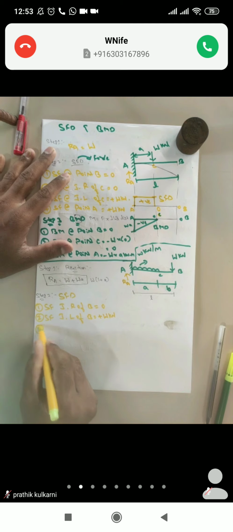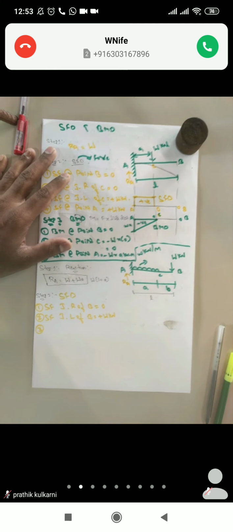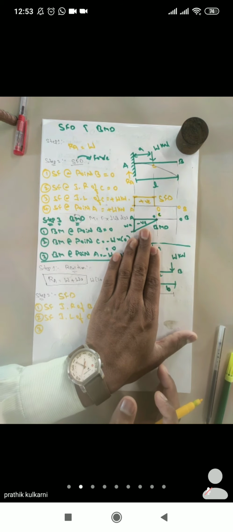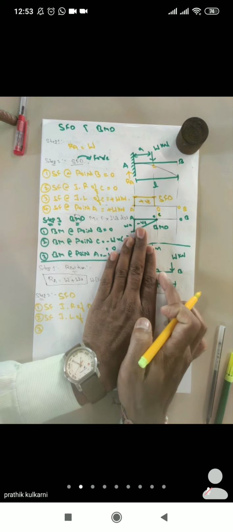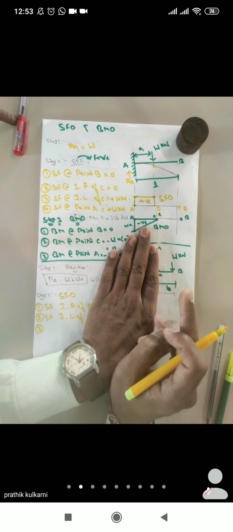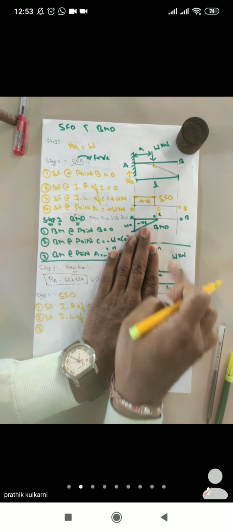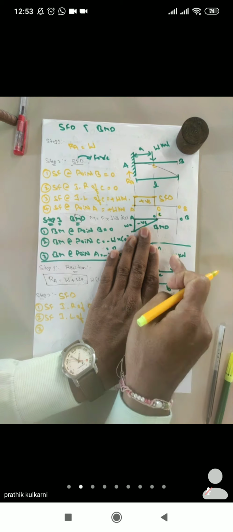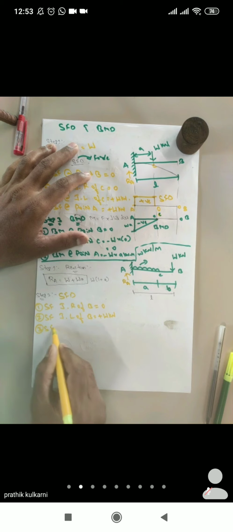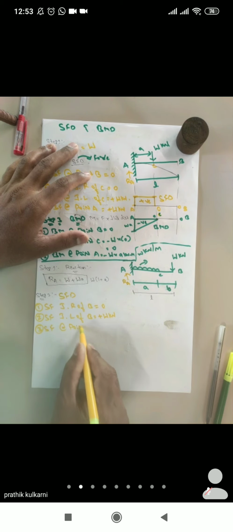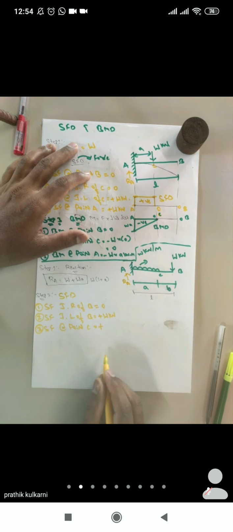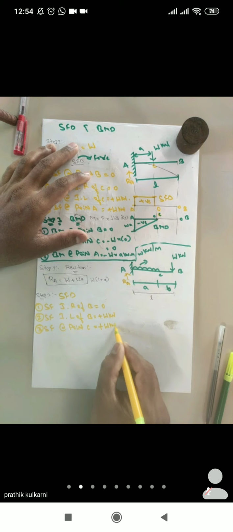Now similarly, for the third point, if you slowly come from point B till point C. Now at point C, if you keep the hand, how many forces are visible to you? Only one force is visible. What is that force? That force is W kilonewton only. Is the W kilonewton load acting clockwise or anti-clockwise? It is acting clockwise. So shear force at point C: only one force is available and it is acting clockwise, so plus W kilonewton itself.